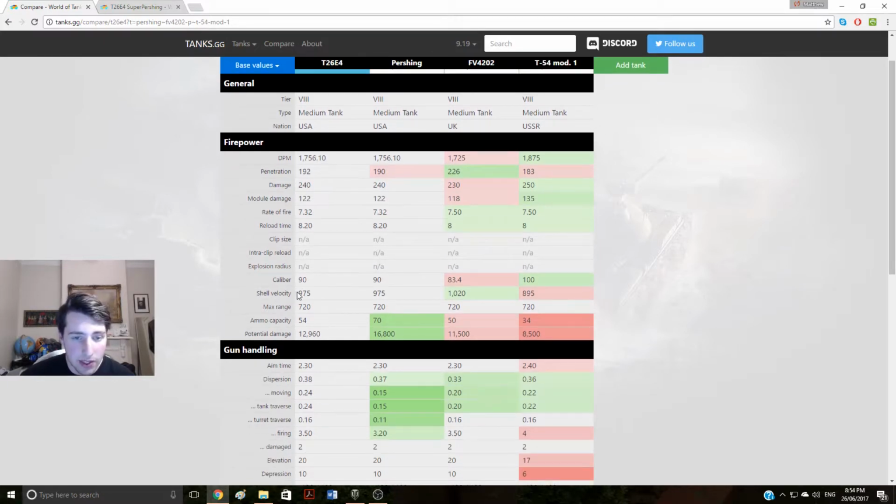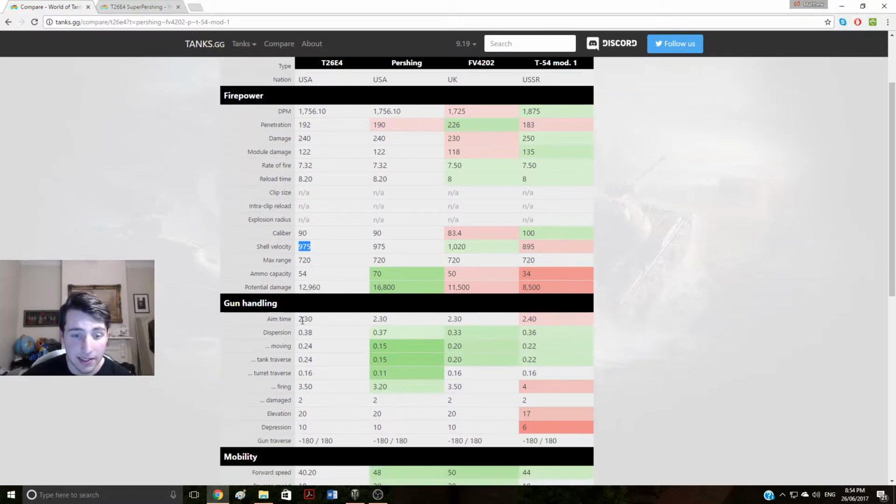Now, the shell velocity of this tank at 975 meters per second is pretty good, but it's not amazing. It means that you won't have to lead shells too much. However, you're not going to be doing the same kind of shell velocity as an M4 Revelry, say the tier 8 French medium tank. So you are still going to have to lead your shots, and this isn't a point and click and penetrate kind of tank. You are going to have to aim anyways, especially as the gun handling on this tank really isn't that great at all. But before we get to that,